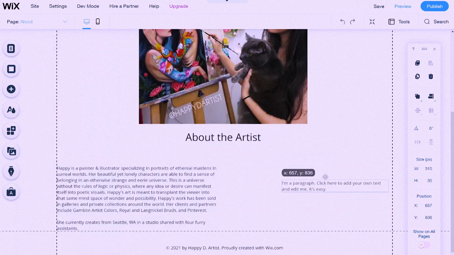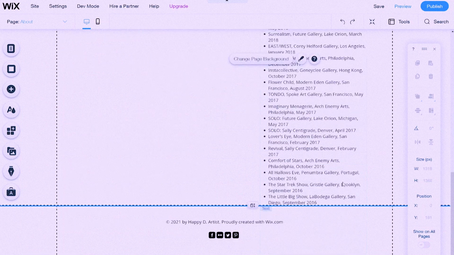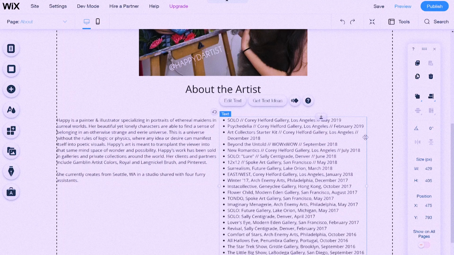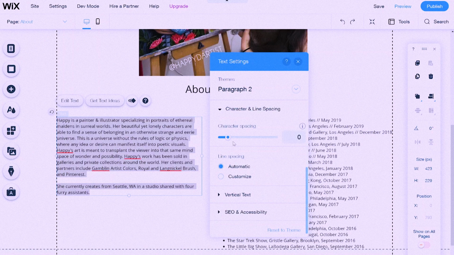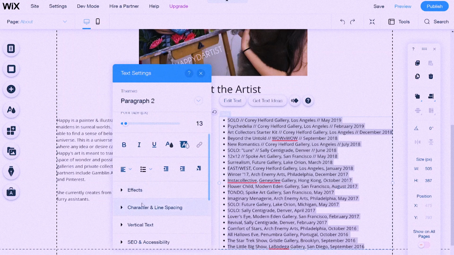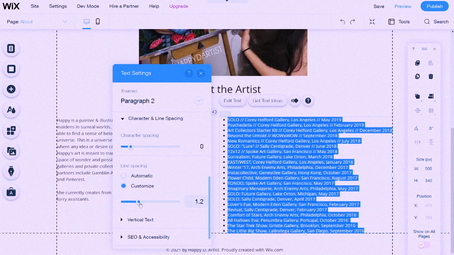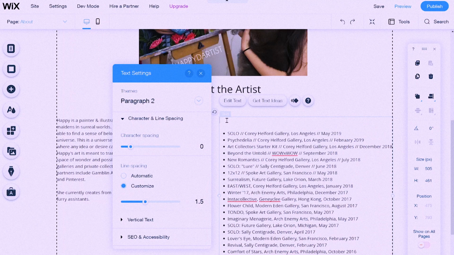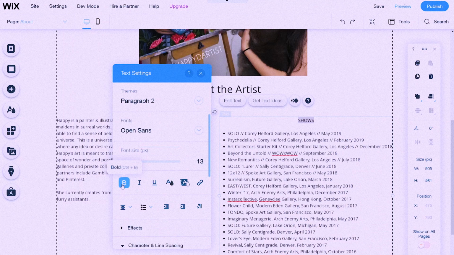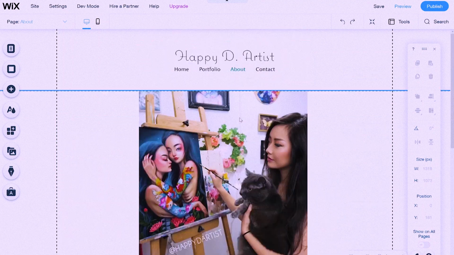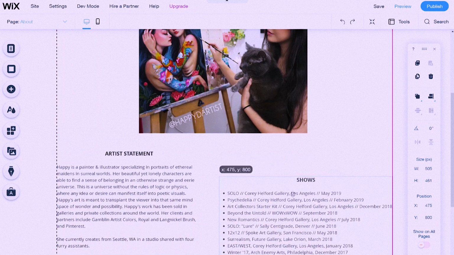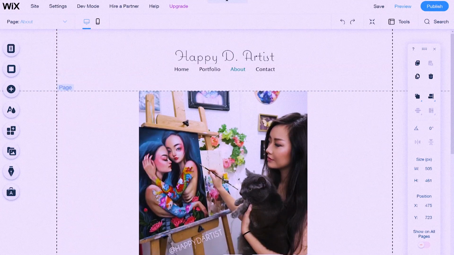If you don't have any gallery experience yet, you can list any clients you've collaborated with, any brands you've worked with, any publications you've been a part of. Or if you don't have any of that experience yet, that's totally fine. In the beginning, I usually just leave my artist statement here that gives a brief artist bio and a write-up that kind of describes the aesthetic and inspiration behind my work. I'm also just going to play around with some of the text formatting options to make the design a bit easier to read and more aesthetically pleasing.